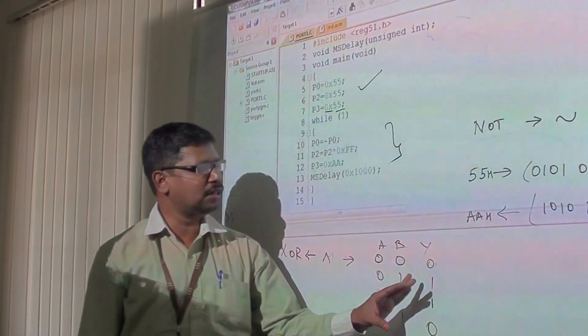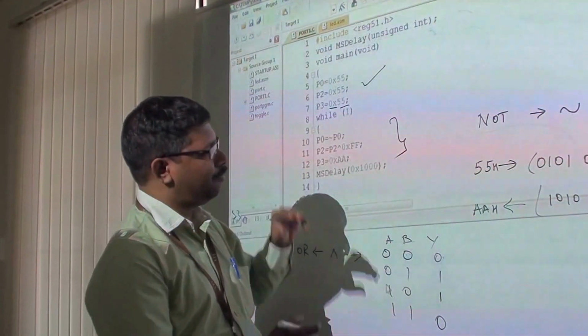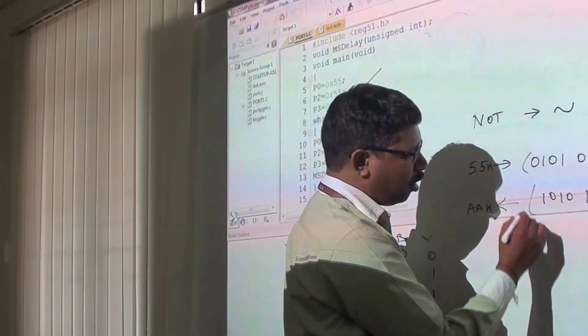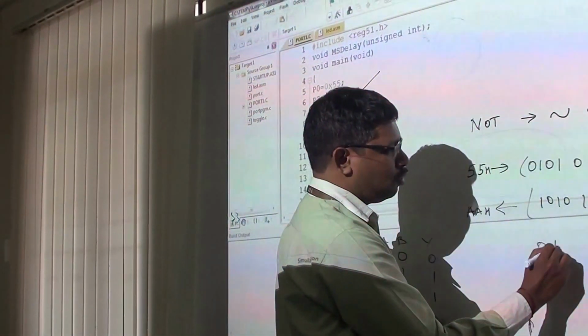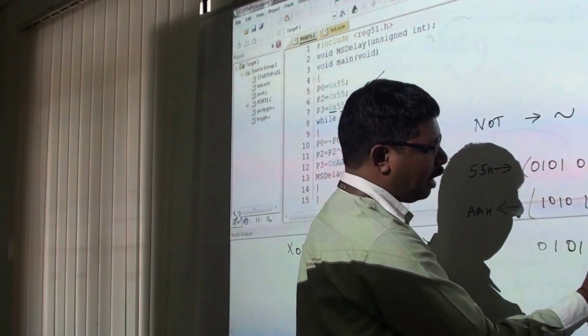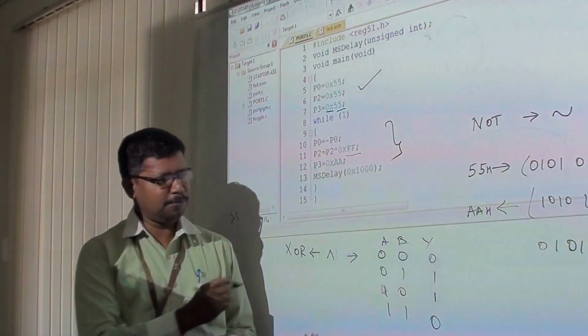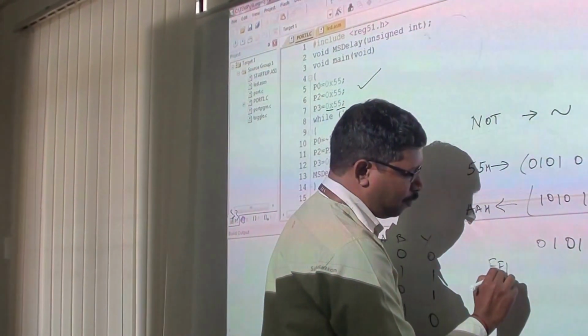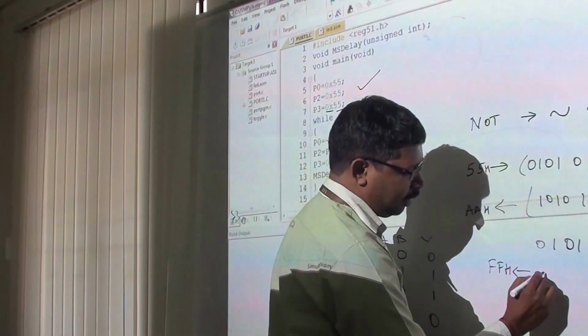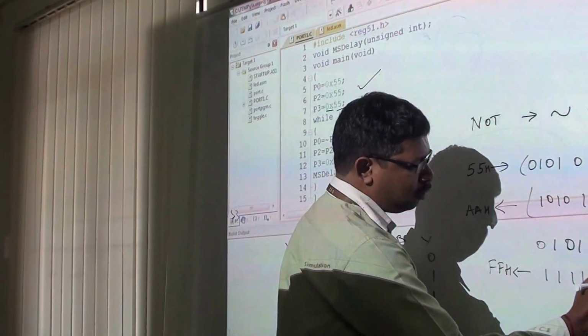Now using this logic, the value 55 is being loaded, and we take the exclusive OR of this with the other input. What is the other input we have? The other input is FF. The equivalent of FF in the binary number system is 1111 1111.